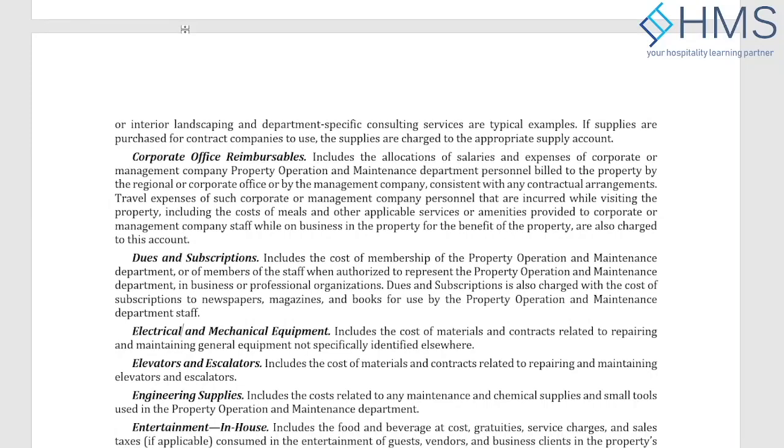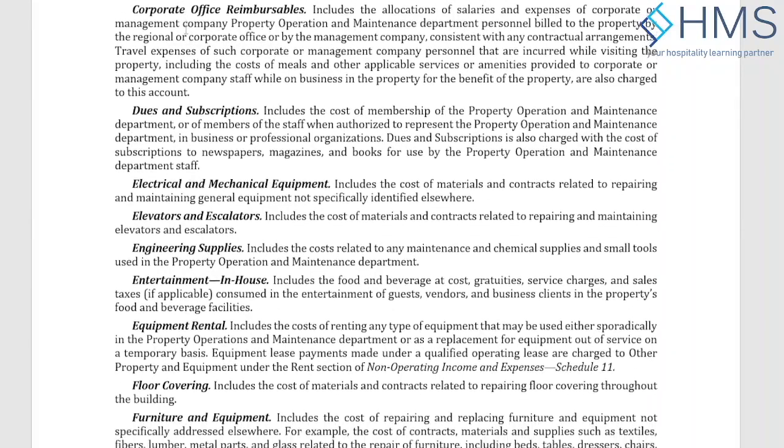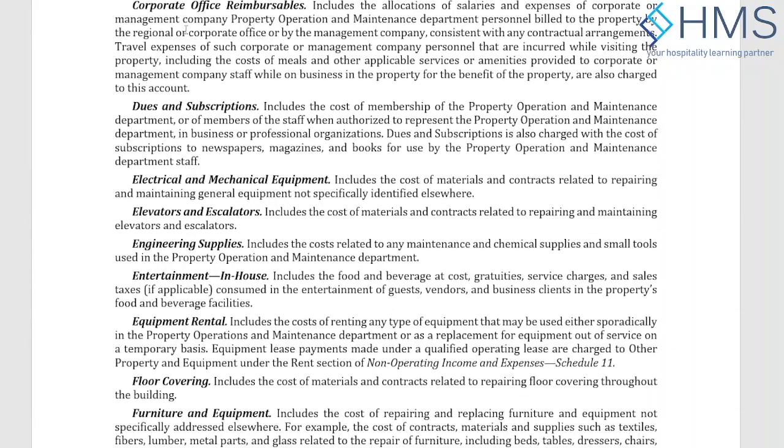Then you have the electrical and maintenance equipment. So these are the maintenance equipments and electrical equipment. So it can be in the kitchenware. It can be, if it's not specified in another specific department like elevators, escalators, supplies, then it will go into this. So it can be in the kitchen. It can be in any other area, like housekeeping departments.